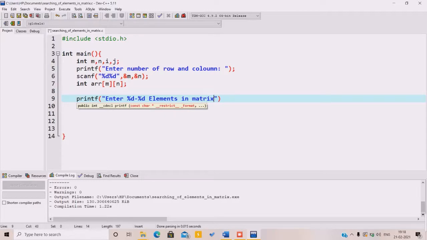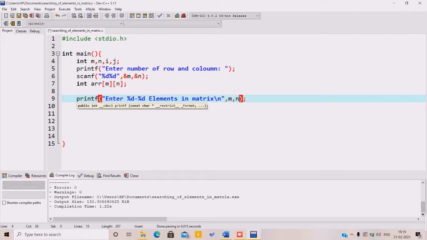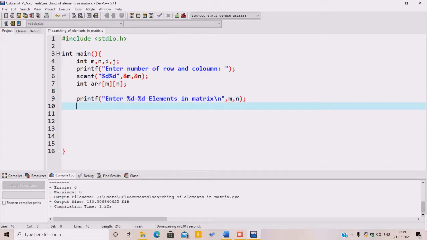So let's take an input. This is for a new line. So m and n. This is for indicating to the user to enter that many elements in the matrix.